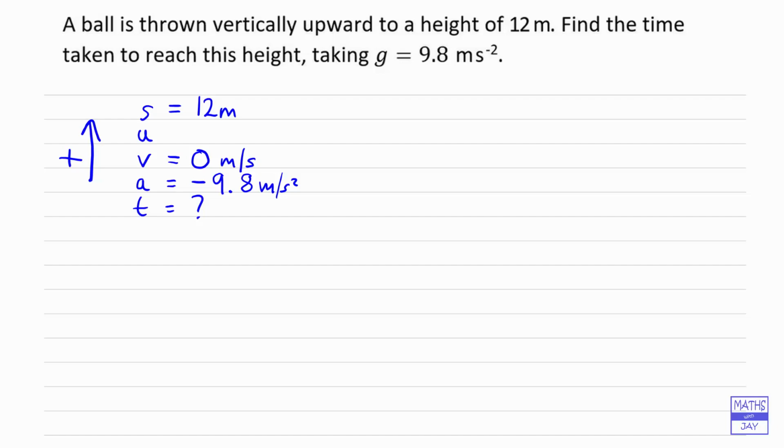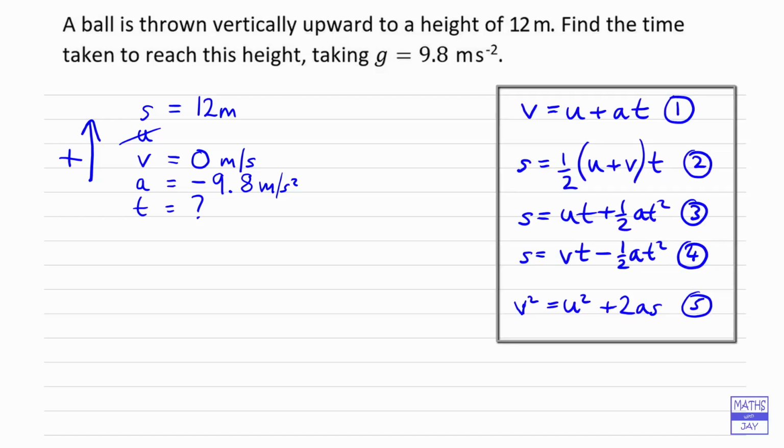So in this case, we're not interested in the initial velocity. So let's have a look at our equations of motion for constant acceleration. And we're interested in the one that does not involve u. So it involves s, v, a, and t. So that's the fourth equation there. So the equation we're using is s equals vt minus a half at squared. So substituting in